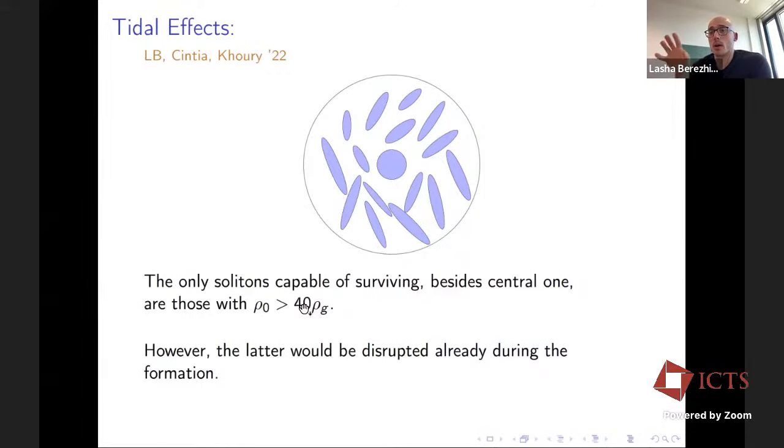But those need to form, therefore they need initial overdensities, and the scale that it starts collapsing from would have to be significantly bigger than L. So it has to start around a region of the size of twice L, and collapse into size L. And that would most likely get disrupted until it becomes compact enough to withstand the tidal disruptions, because everything is happening at the same time.